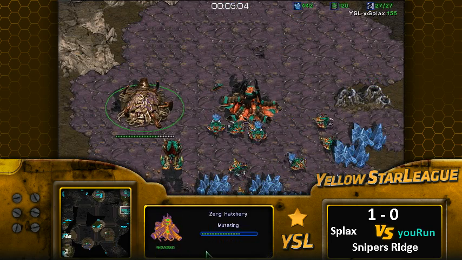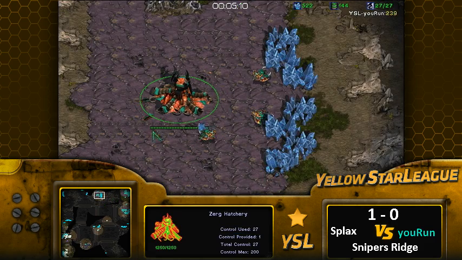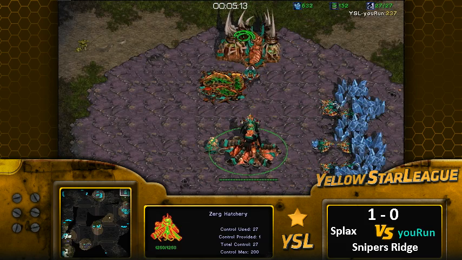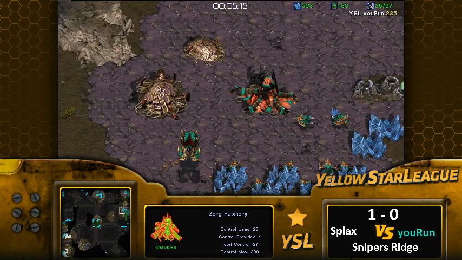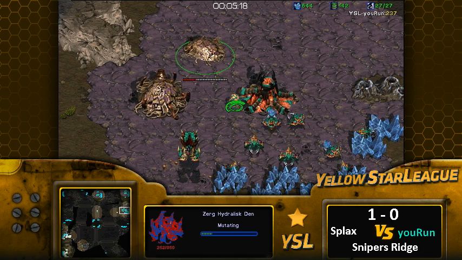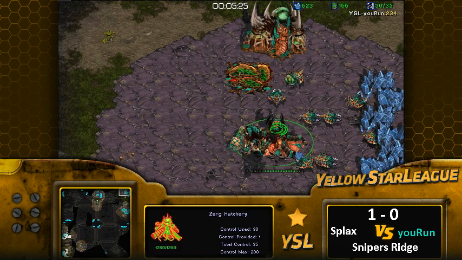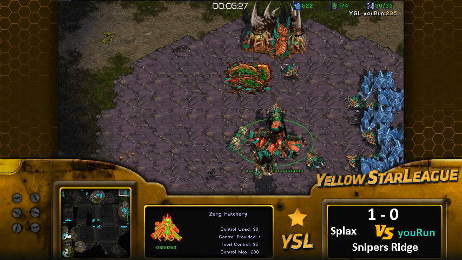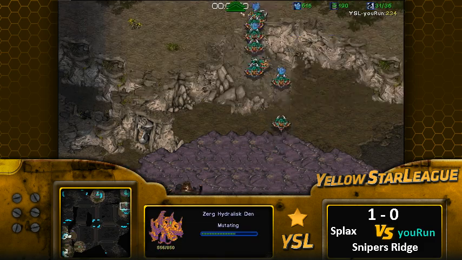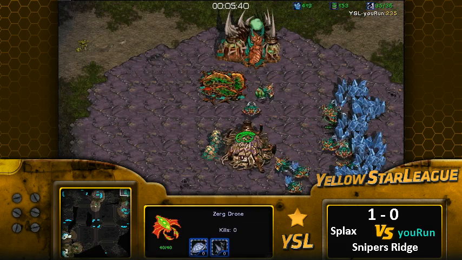He's not throwing down a Hydra Den, so, or he could turn on a Hydra Den. But what is he doing? He's got 100 gas, but he's not. A Hydra bust, I think. A really weird four hatch Hydra bust. This blows my mind. Uh-oh, and a Zealot is molesting his drone lines. The Hydra Den timing was weird because normally when you have 50 gas, you throw down the Hydra Den and then...